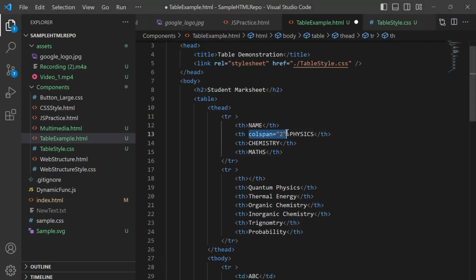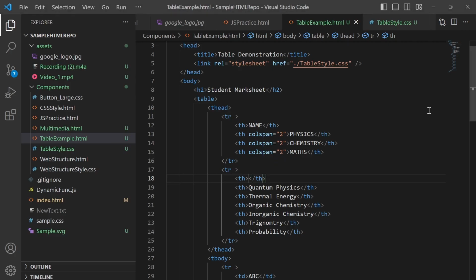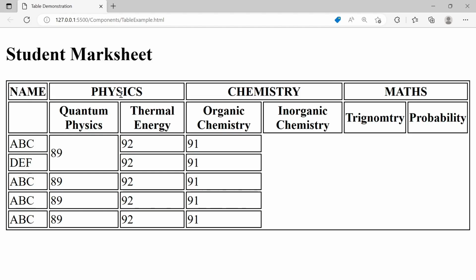Same thing I will apply for chemistry and maths. So see, physics is divided into quantum physics and thermal energy, chemistry into organic and inorganic chemistry, and maths into trigonometry and probability. So it is spanning your cells through columns, like this.